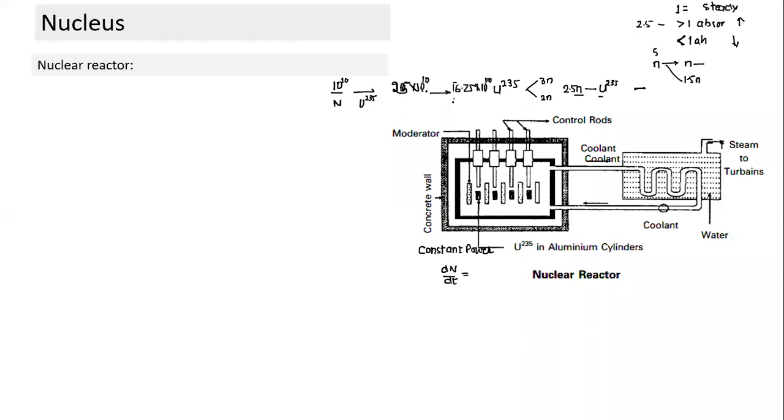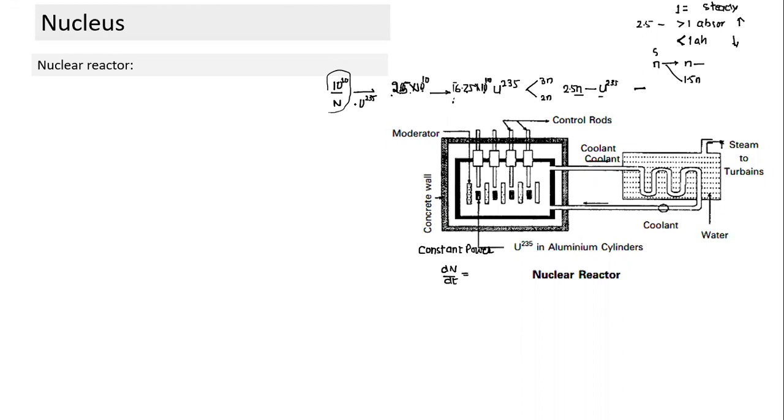And what is happening here? How many reactions have taken place? 10 to power 10 nuclear decay. The number of nuclear decay has become 2.5 times now. In this system, number of nuclear decay has become 6.25 times. What is happening to power generation also? The energy which is getting released will keep on increasing, because this number is greater than that.